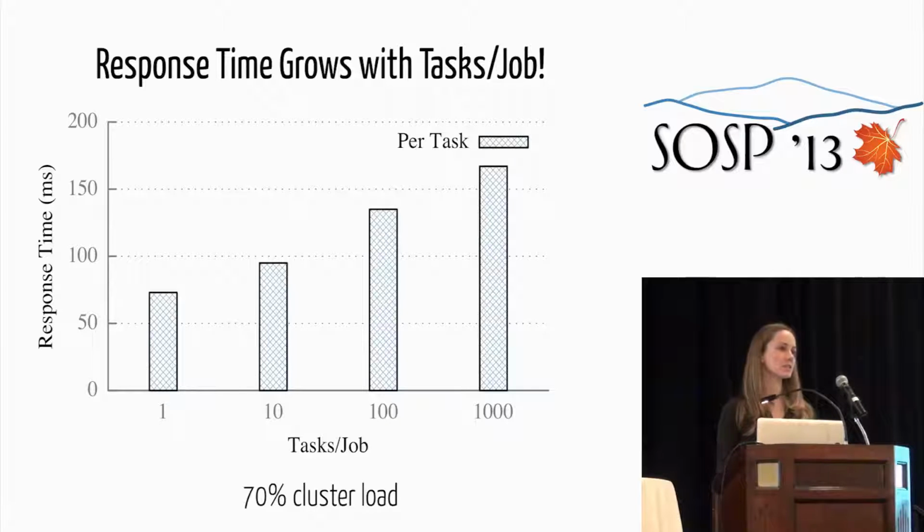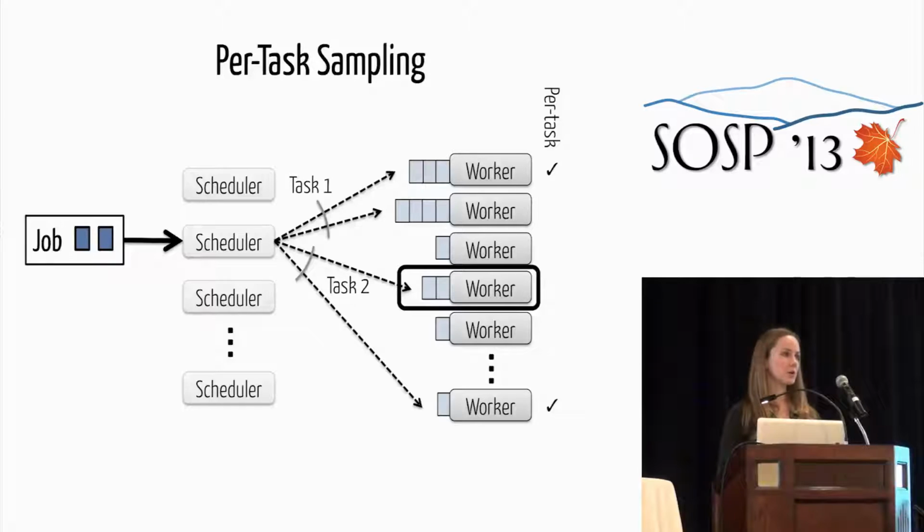This is where the first of the key techniques underlying Sparrow's approach comes in. It turns out that we can make this very small change to per-task sampling that yields a massive improvement. Looking back at what happened with per-task sampling, we scheduled these two different sets of worker machines. But if you look at what happened here, both of the worker machines sampled by the second task are less loaded than the two worker machines sampled by the first task. We ended up not using this circled worker, but we could have improved performance if we had shared information across all of the probes in the job so that we could utilize those two least loaded workers.